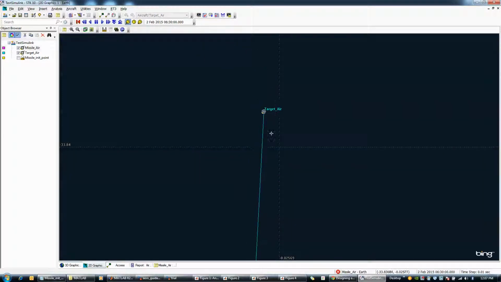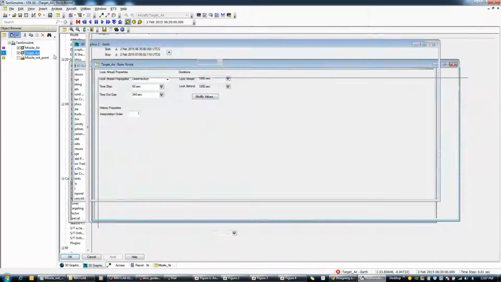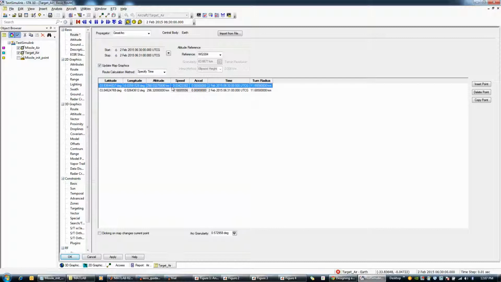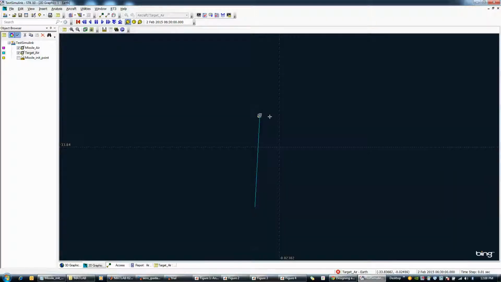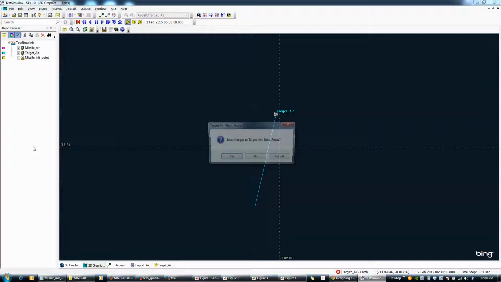The target aircraft was coming from this direction. So if I change the starting point of the target, rather if it was coming somewhere from here, and I just save this one, just exit,